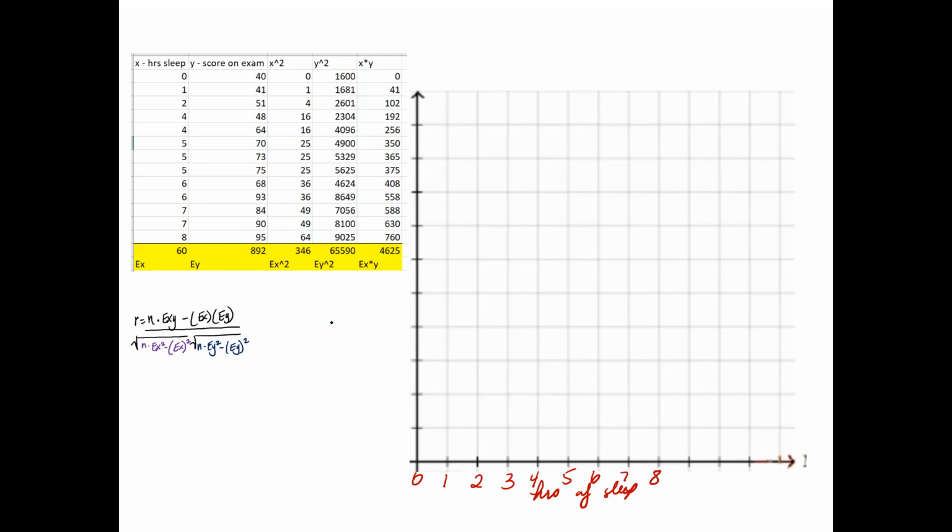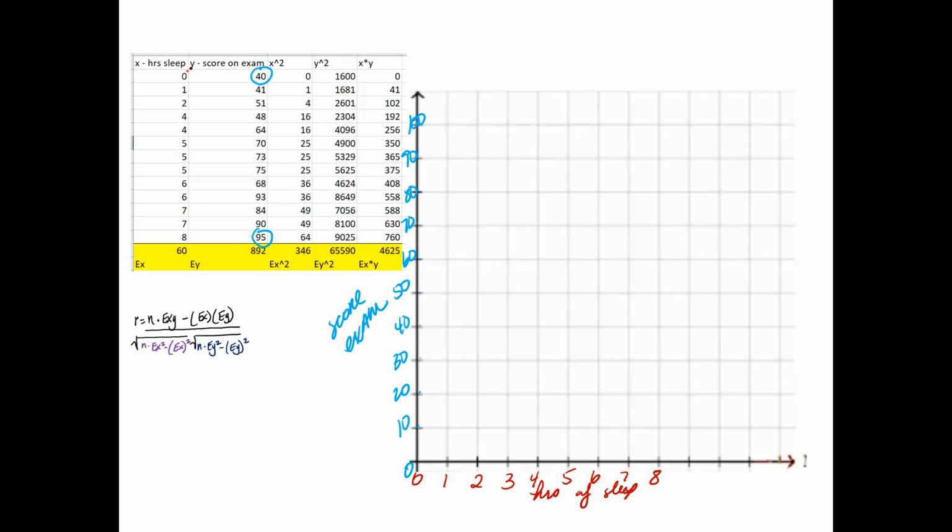And then my y value here is going to be your score on the exam. Notice how the score starts at 40 all the way to 95. So I could do that. It'll be 10, 20, 30, 40, 50, 60, 70, 80, 90, 100.